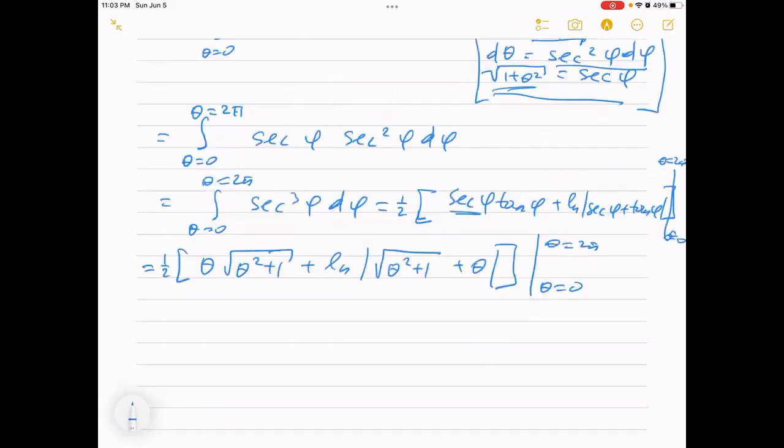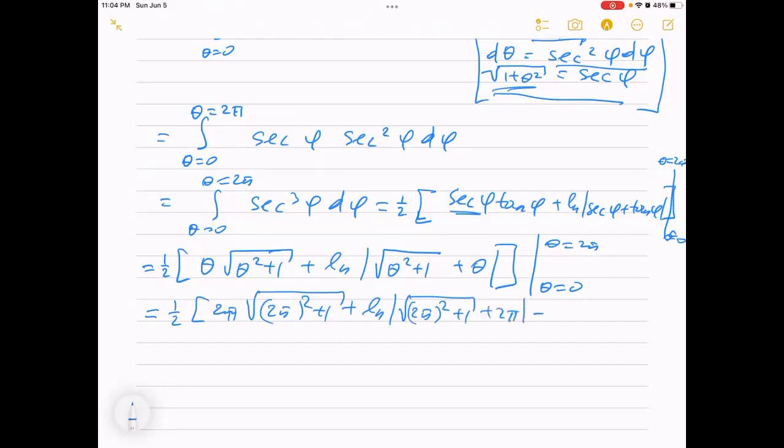Substituting the upper bound and the lower bound, we get 1/2 times 2 pi square root of 2 pi squared plus 1 plus the natural log of the square root of 2 pi squared plus 1 plus 2 pi,